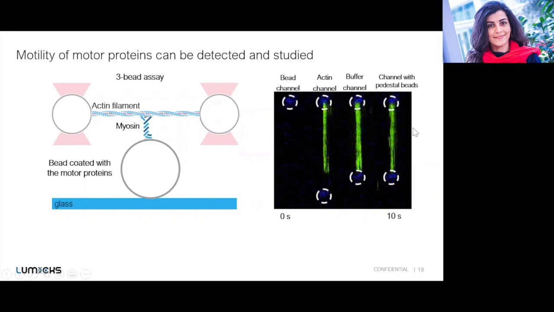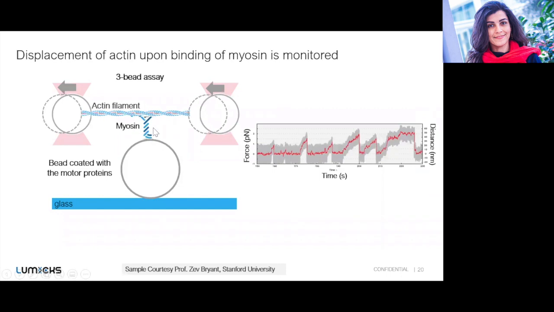And if you want to do this in different buffer conditions, for example, different ATP concentrations or salt concentrations, you can move the beads and the tethered actin between them to the fifth channel where you have another buffer condition. So once the myosin motor interacts with the actin filament and it generates the translocating force, it